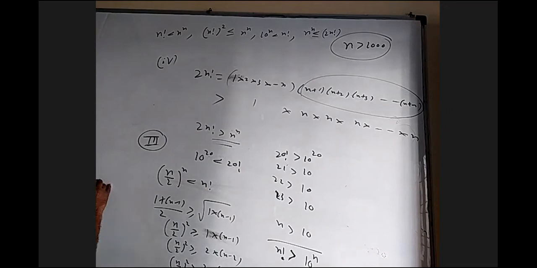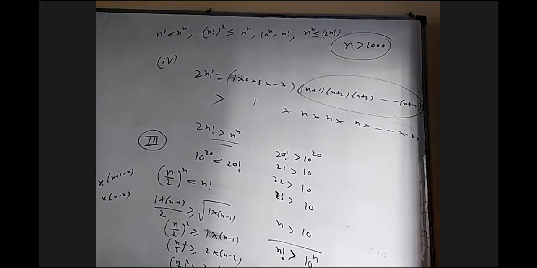Just a minute. If I take x into n plus 1 minus x in the middle, it will not come n by 2 whole square. Otherwise, I have to take x into n minus x. Then I can prove it. Here I'll cover everything. I can do even the reverse and then multiply.